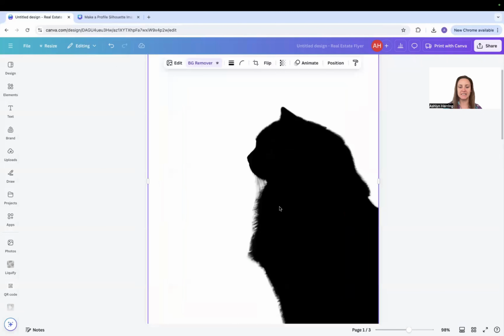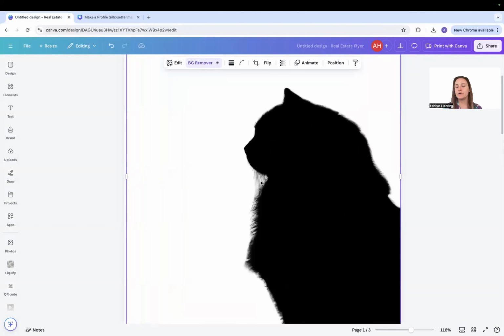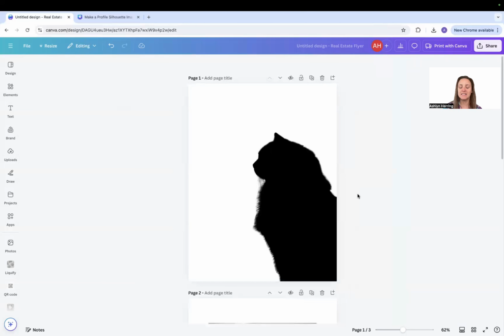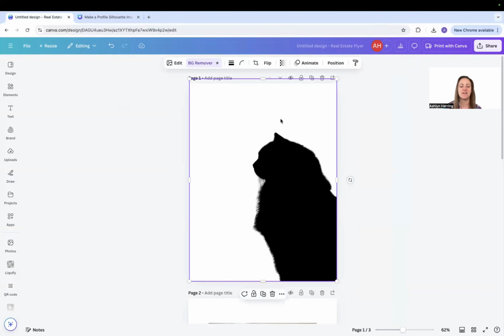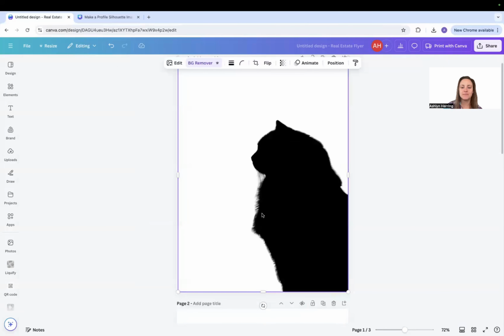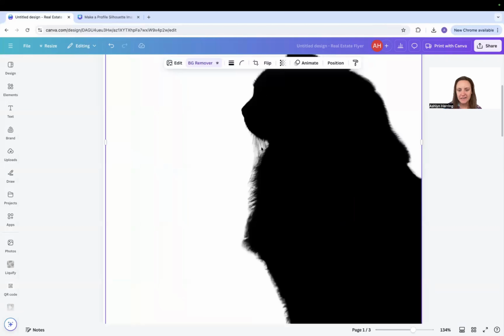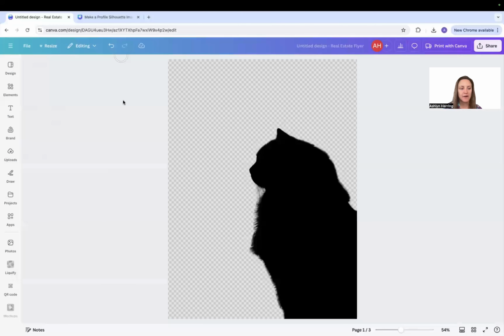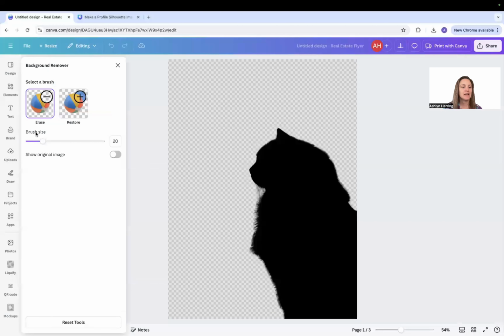Now you may notice, if this is a pet or a photo of a child, that their hair can look a little fuzzy. Part of this is what adds character to our photos and makes it super cute, and adds some of the dimension of your pet, because your pet without hair is probably a lot skinnier. But if we want to clean that up some, I can tell that this area right here on my photo is a little bit blurry, so we can go back into the background remover